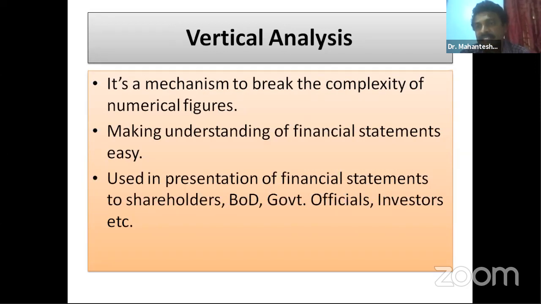If I look at the financial statements of a company as a layman, I may not understand a lot of things. As sir was saying, industry analysis, interfirm trend analysis ನೋಡೋವಾಗ, for a person coming from a non-commerce or non-accounts or finance background, it may sound a little tricky, a little difficult in the initial stage. It is not that difficult to understand, but it will take a little time to understand those intricacies of the